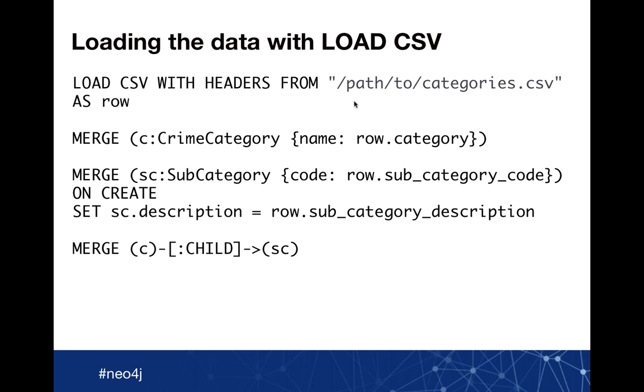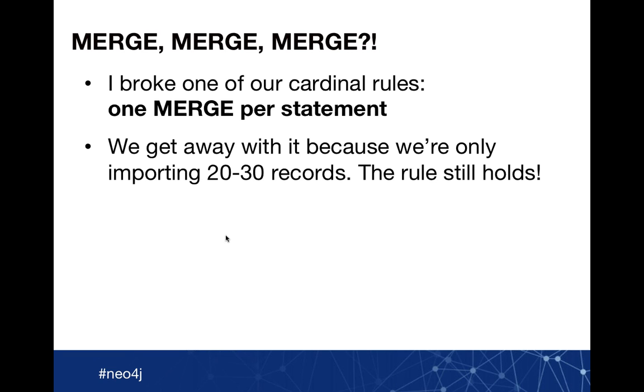And this is how we would go about creating this category and subcategory subgraph. We're going to use our Load CSV again. So I'm going to say, I want to load CSV with headers from path to categories. Then I'm going to merge the crime category in and the subcategory in, put a description on as well, and then create the child relationship between them, and that will work quite well. Although the eagle-eyed amongst you will have noticed that I've actually broken one of the cardinal rules here,